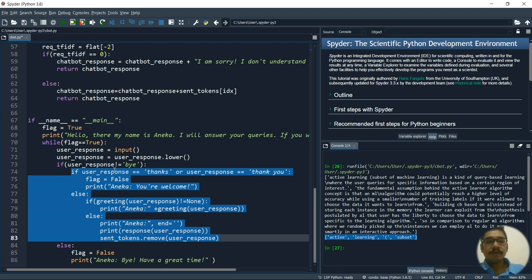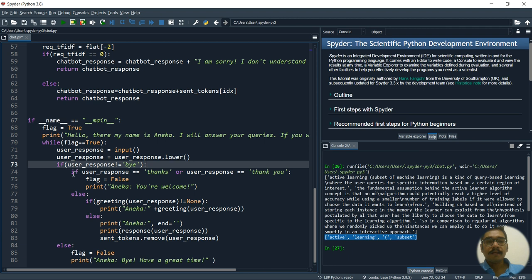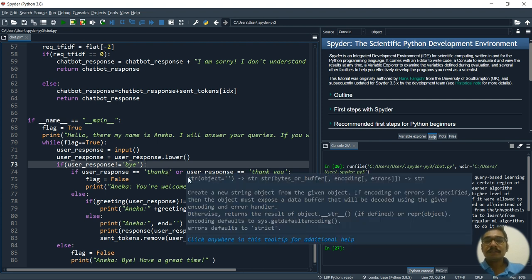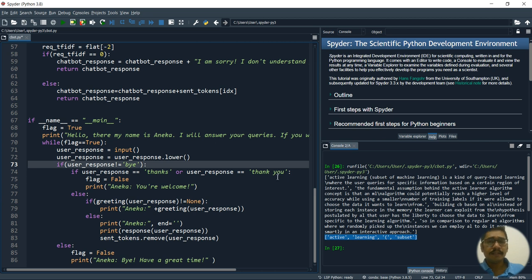If it's not equal to bye, and if the user responds with thanks after getting what the user wanted, that is, if it satisfied the user in getting the appropriate result, or if the user said thanks or thank you or anything like that, again a greeting, then it will set the flag value as false. It will say you're welcome.